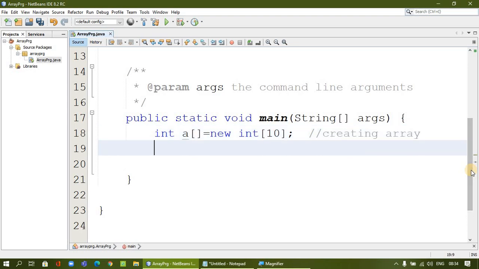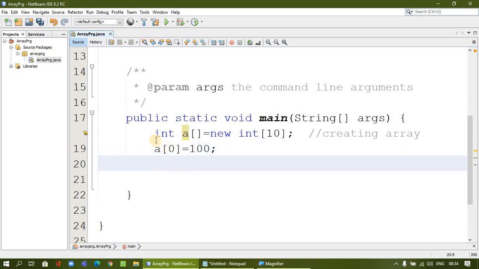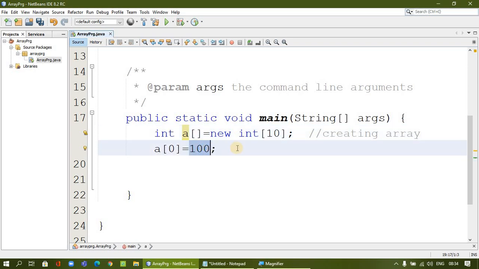How are we going to assign the values? Array always starts with 0, element 0, so we can assign any integer value only. Since the array is declared as integer type, we can assign only integer type. So this is a way to assign the value.